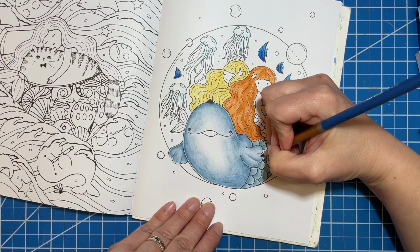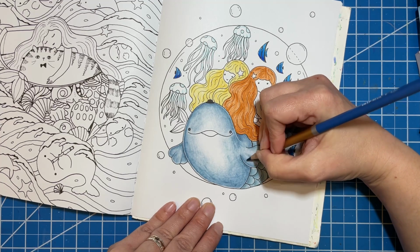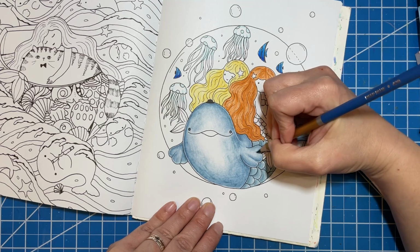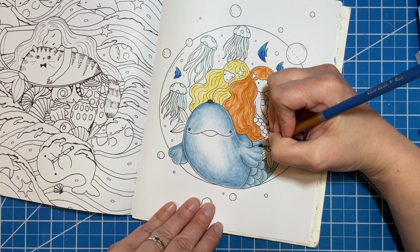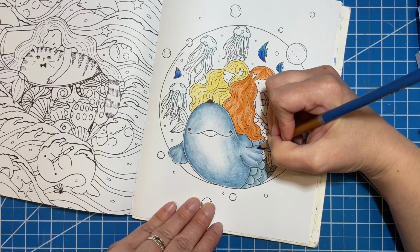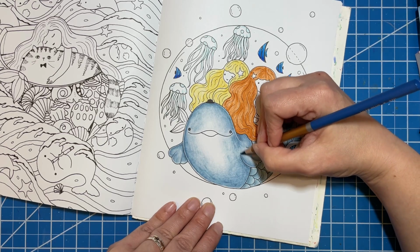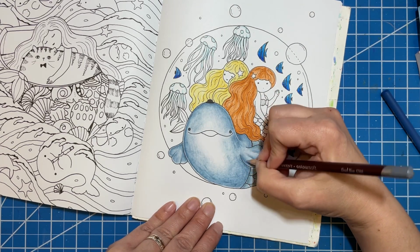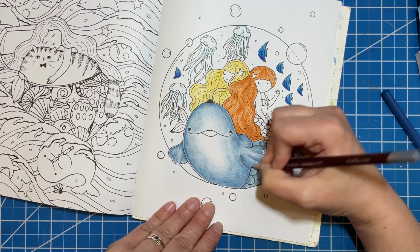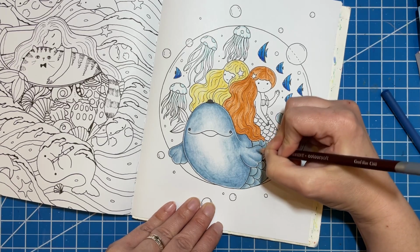That's what I think I need to do sometimes, you know, I need to just go with the pencils that bring me the most joy. Like, I don't mind the color soft, and I've used them in other instances where I really have enjoyed using them. But when you start a page, and you're not liking the way that the pencils are working, just switch. That's what I need to tell myself, right? Just switch to a different pencil. So I will not be using any other color soft, I don't think, for any of the other parts of the...